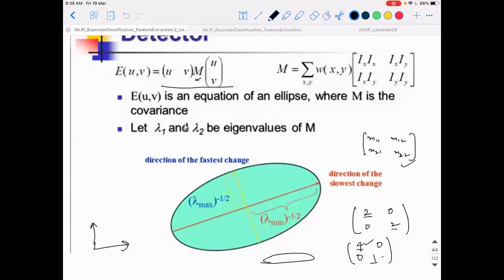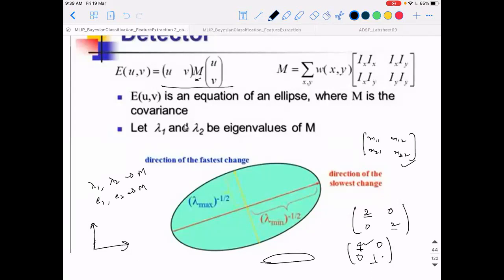Yeah. Assume that I have a 2 cross 2 matrix, and this 2 cross 2 matrix has 2 eigenvalues anyway. Essentially, the eigenvalues of a matrix will represent something, and along with eigenvalues you have 2 eigenvectors as well. Assume that you have lambda 1, lambda 2 for a matrix m. Similarly, you have 2 eigenvectors E1 and E2 for m. So what do these eigenvalues and eigenvectors essentially represent?